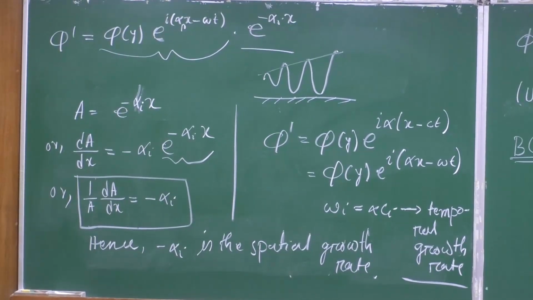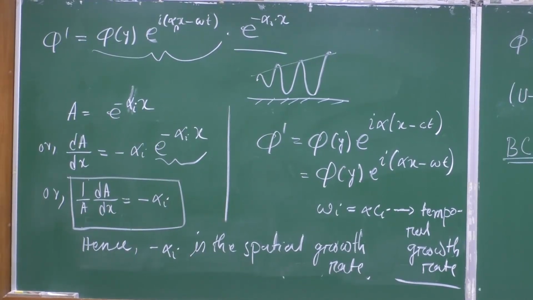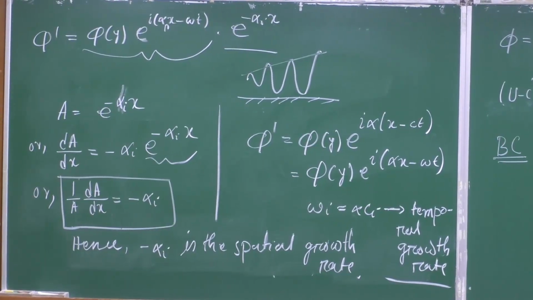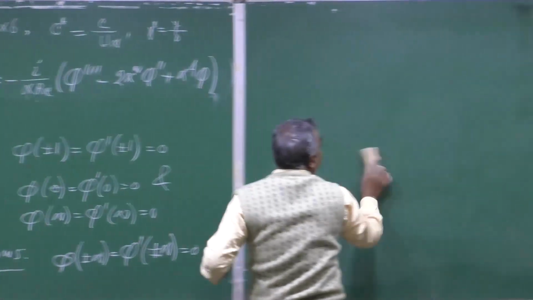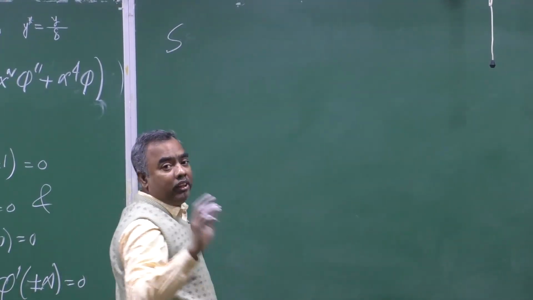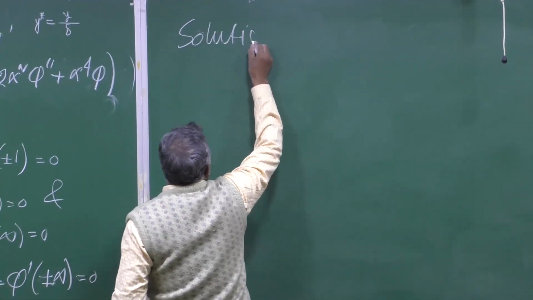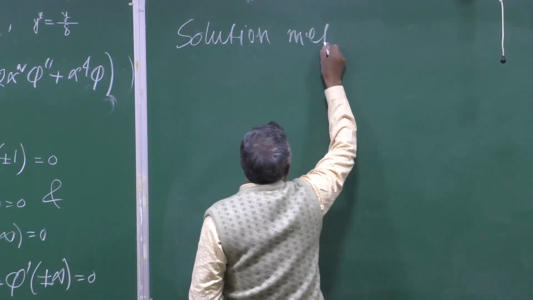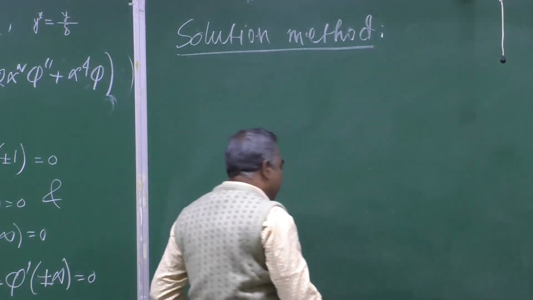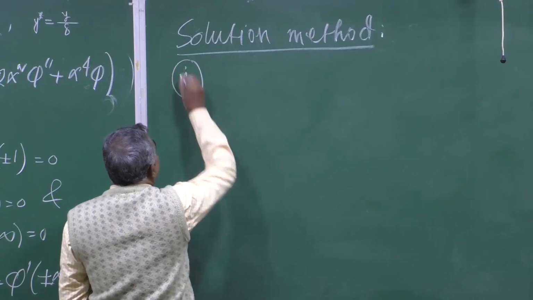So, there are various methods to solve this equation. Mainly there are three approaches which can be seen in the literature. That is what I am going to mention here. So, the first method, solution method, solution of the disturbance equation. There are three solution methods. One is the matrix method,